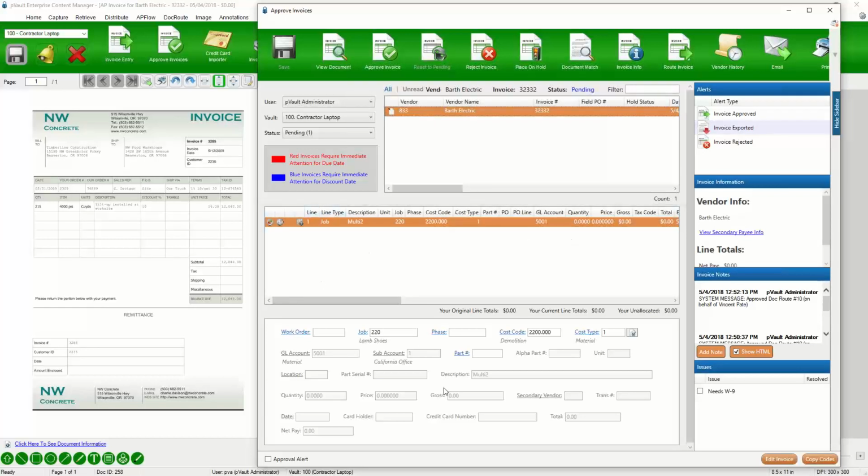I'll see all the lines of distribution, and this is a non-purchase order invoice, so it actually allows me to change coding on it. POs, of course, follow the rules of the accounting system. You have to make changes to the PO if you need to make changes. But if it is an overhead or a direct expense, then you can allow your project managers